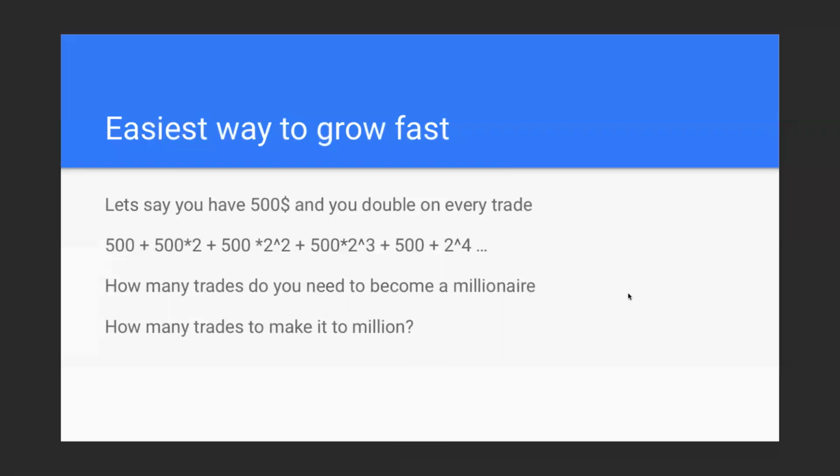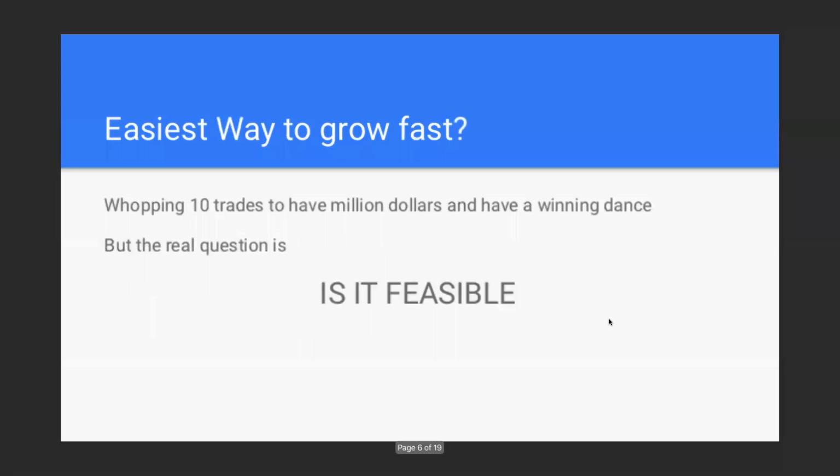So, the easiest way to grow fast. Let's say, I'm just giving a hypothetical example here. You have $500 and you double on every trade. So it is like a geometric progression, right? Every trade, 500 becomes 1,000, 1,000 becomes 2,000, 2,000 becomes 4,000. So if you go this route, how many trades do you need to make it to a millionaire? Any guess, guys? Okay, no guesses? Maybe 9. Correct, 2 to the power of 9, you're very close. If you do 10 trades, whopping 10 trades, you'll have $1 million